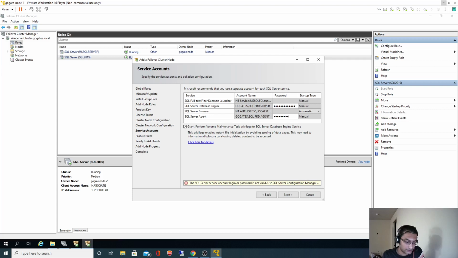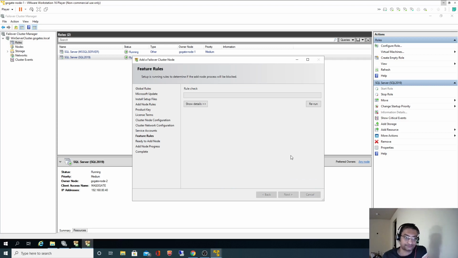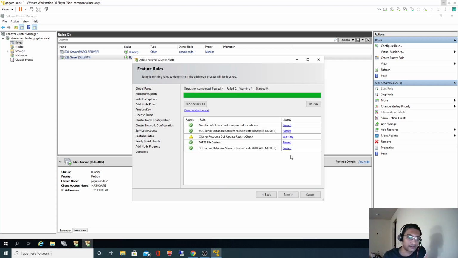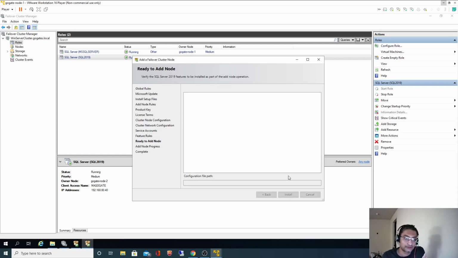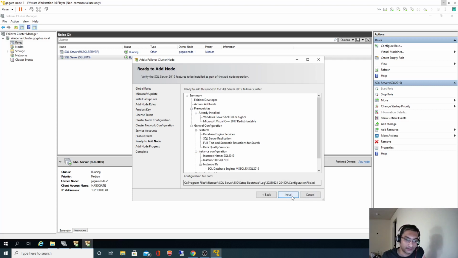PASS password #123. I think it's a typo. Yeah. Perfect. Click next. Now this will take some time. Install.